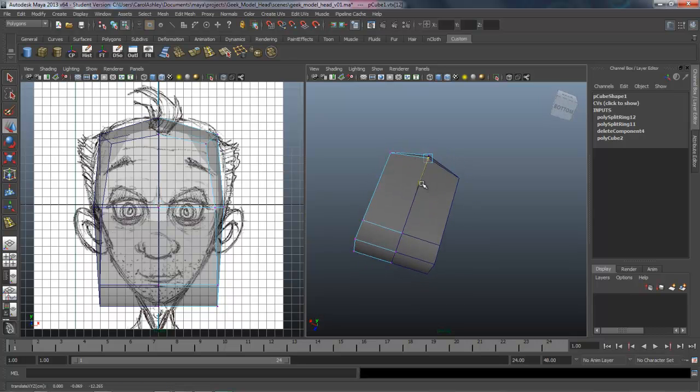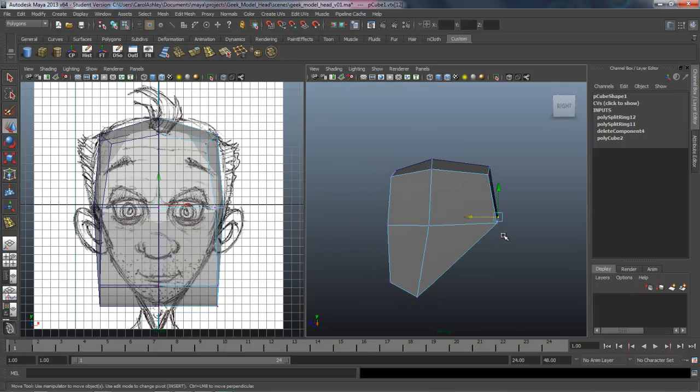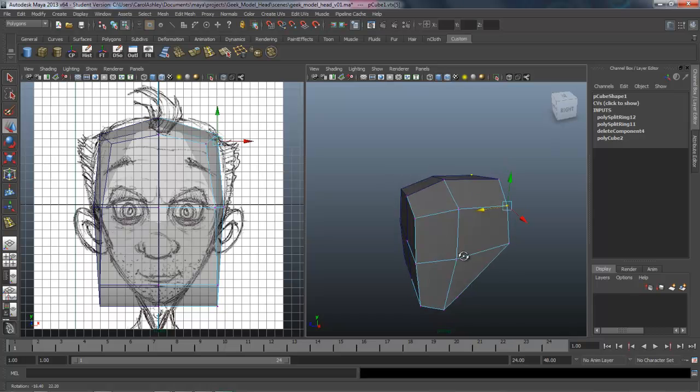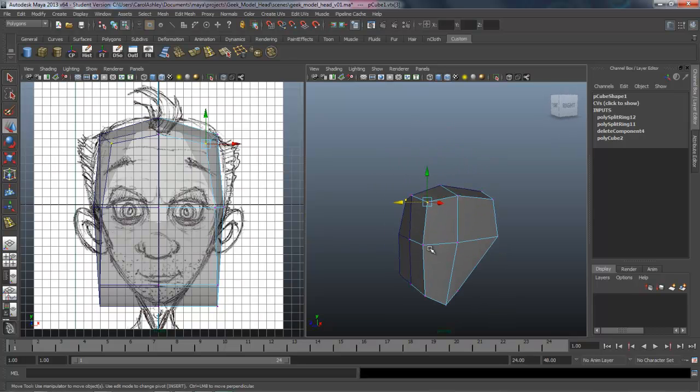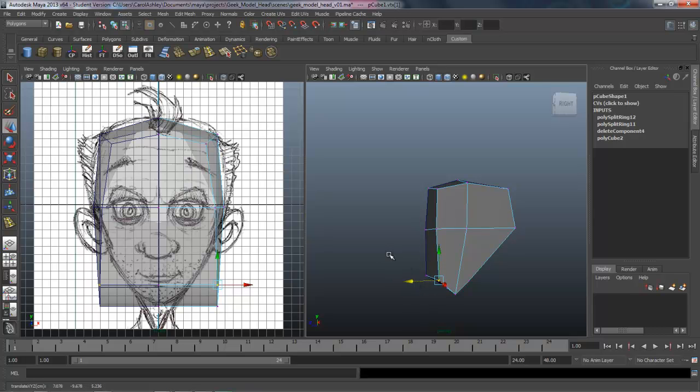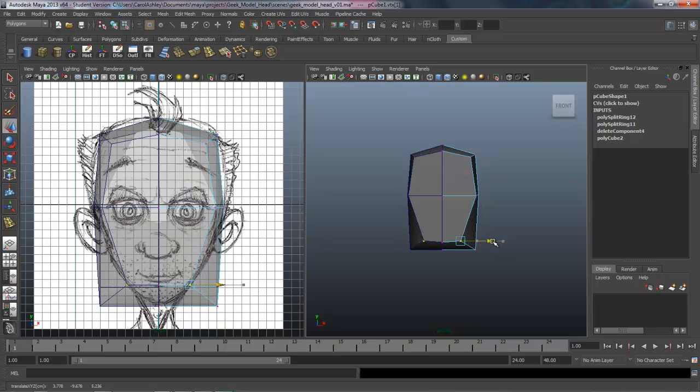Same thing there, rounding that off. And then we can start pulling in some of these points right here just a little bit. And we'll see this a little bit more in the side view. But we're just starting to round off our edges right here. So this is the front of his forehead, and it's very flat right now, so I'm going to pull it back just a little bit. Okay, so this is the top part of the head. And we can do the same thing here. Start pulling this back. Here as well. We can pull this back and start bringing it in.